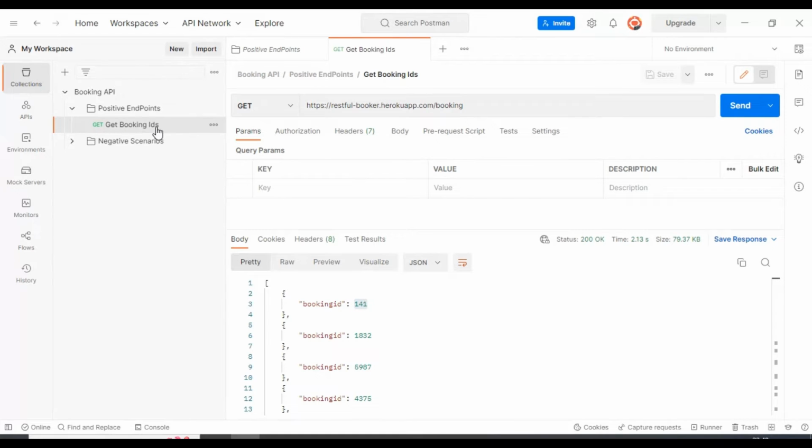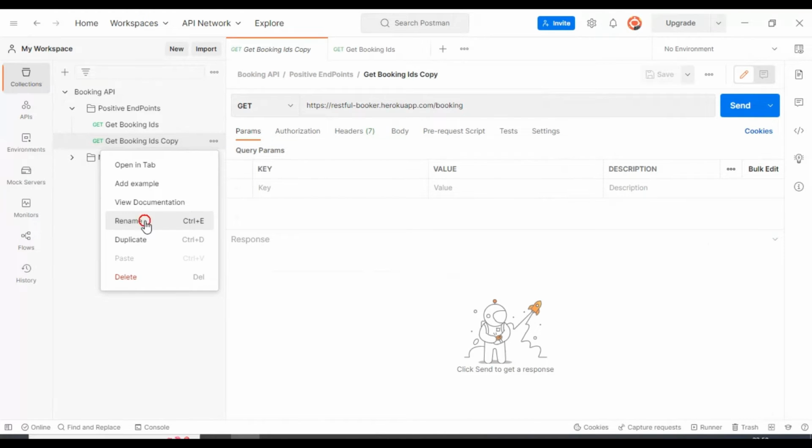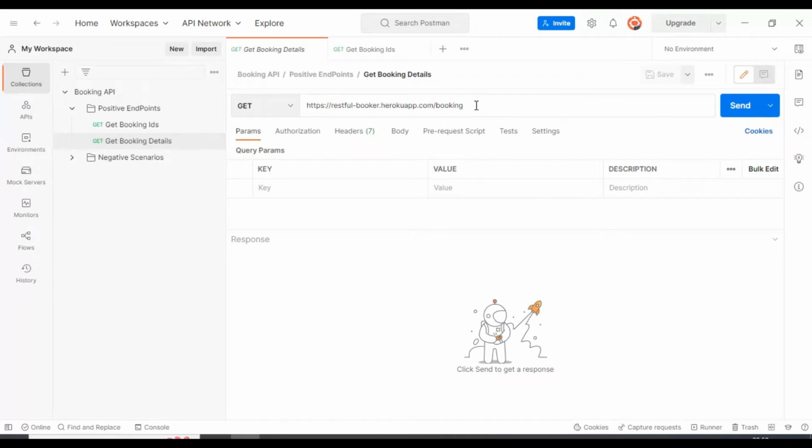So I will select this API and click on these three dots and say duplicate. I will rename this API request by clicking on three dots, and here I will select rename. I will specify the request name as get booking details. So this particular API will return any booking details by taking the ID as a parameter. After the booking, I will use the same URL and the same request type, and after that I will